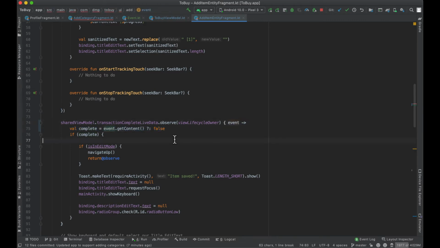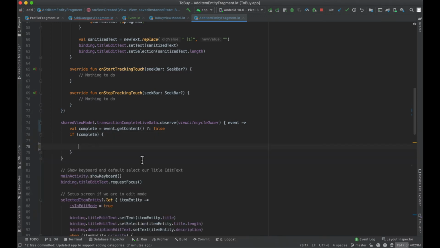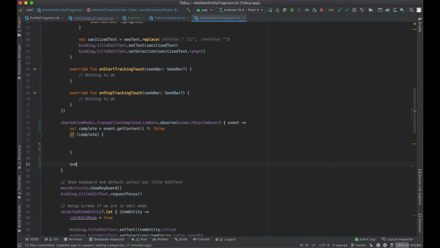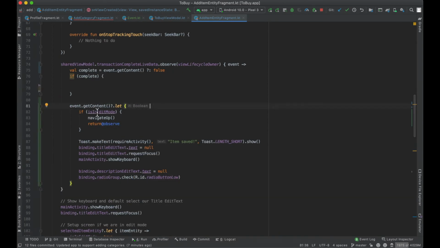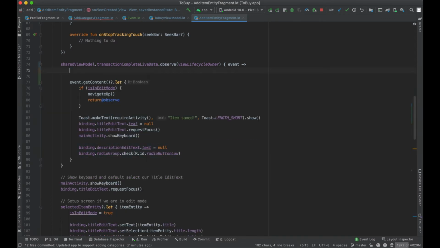Right, so that should cover our case. You know what, we don't even really need to handle that. We don't need to store this knowledge anymore. We can just very easily say get content, let, and at this point, if we're running this code, it's because we have not seen that event yet,